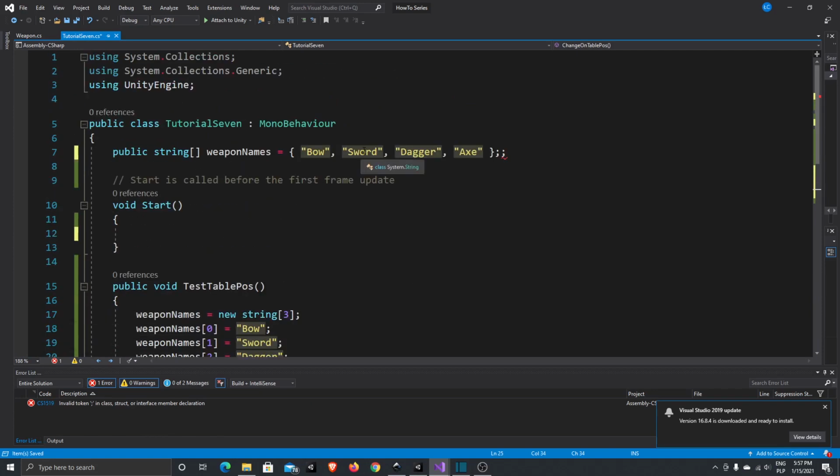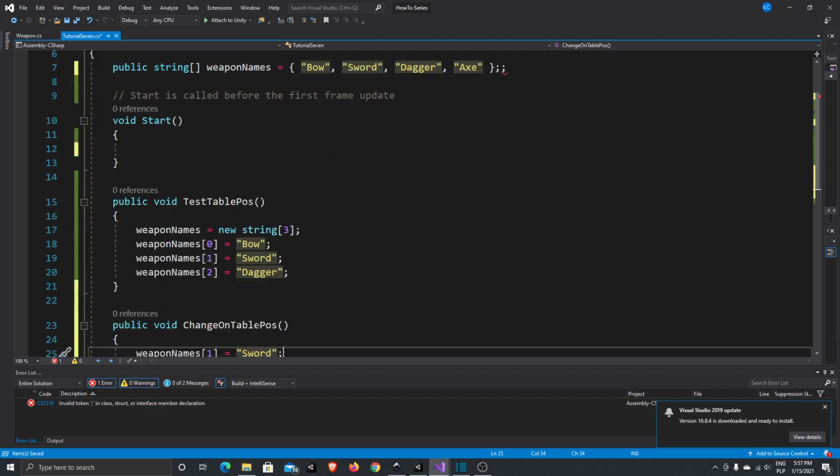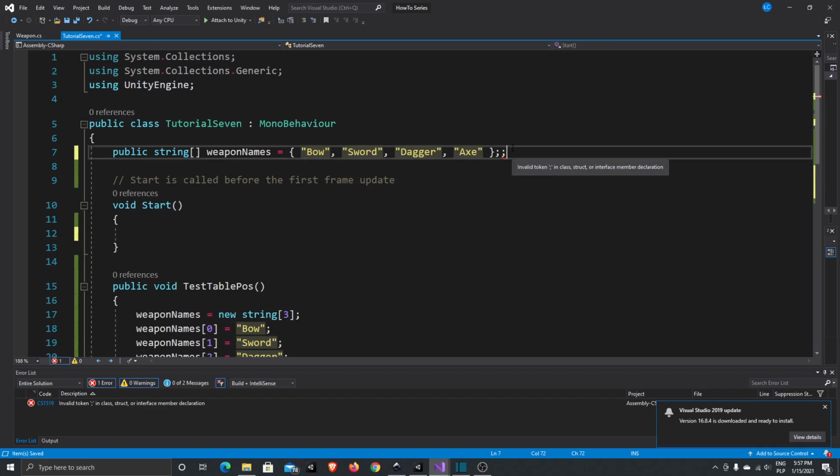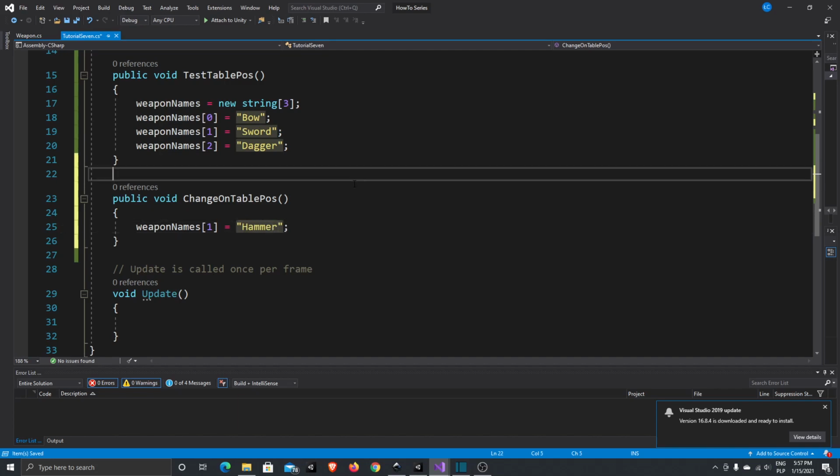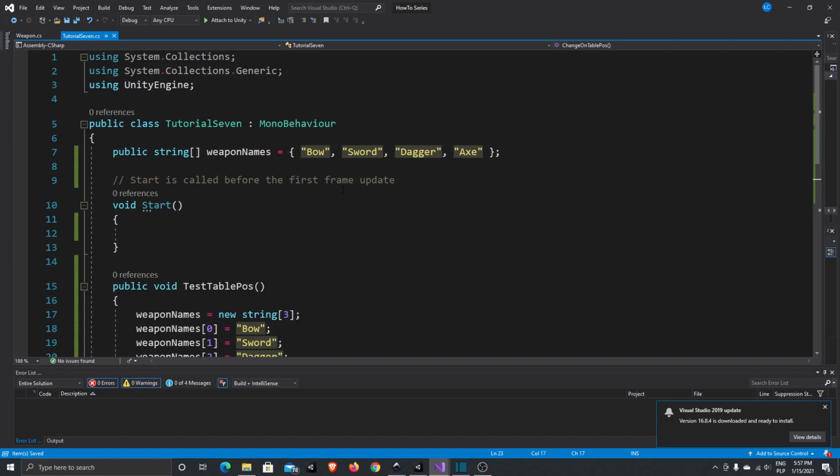the position 1 we actually have sword. Let's make it maybe, do we have axe somewhere here? Yeah, we have axe, so maybe let's write hammer. Okay, and change table position. Okay, so what we should see now, if we go to our Unity,